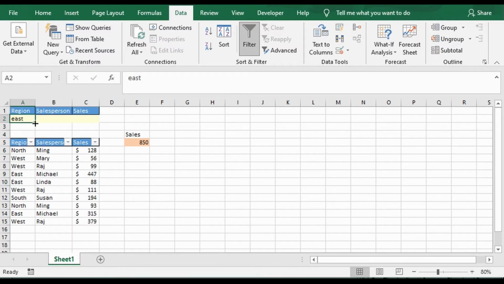So with the DSUM formula, you can actually do a small formula that looks at the table and a specific criteria. So it's just one small formula that will give you the result that you want. So if I wanted to say I want East, so the sum of all the East, see, it's 850, and if you type here North, it would give you this and this, which is the 221, and then if you just wanted North by Ming,